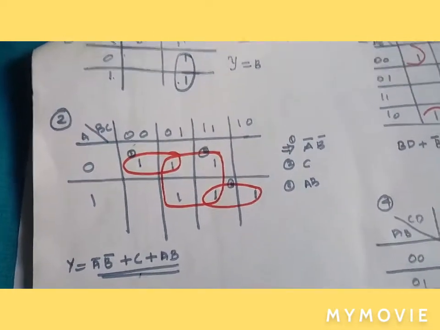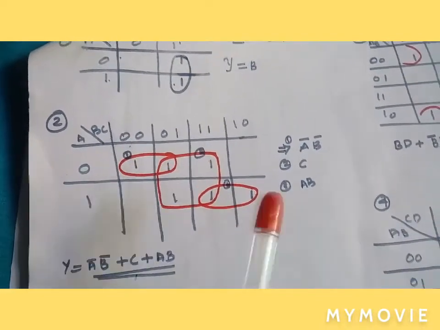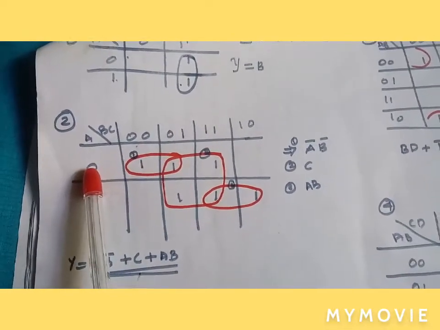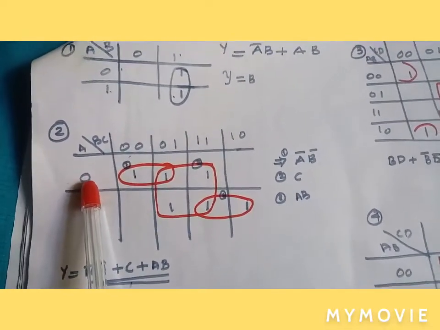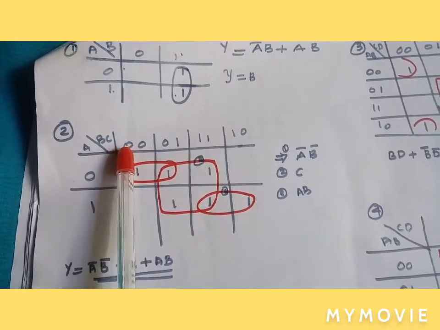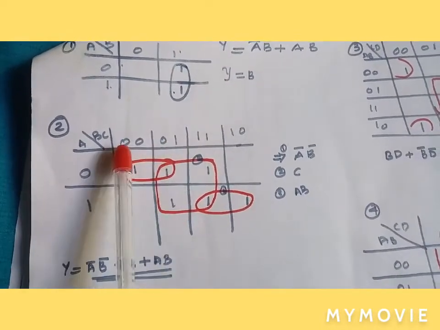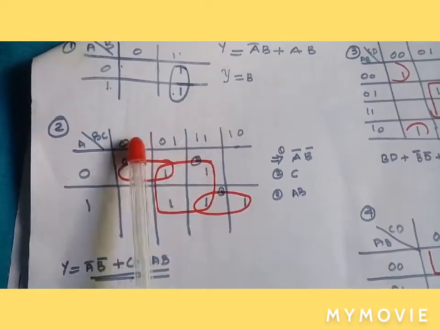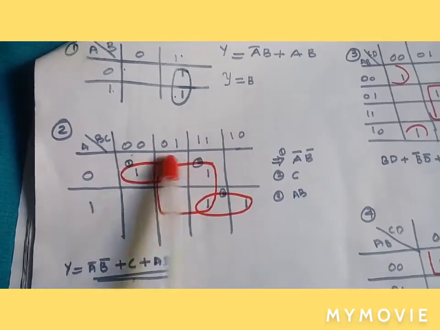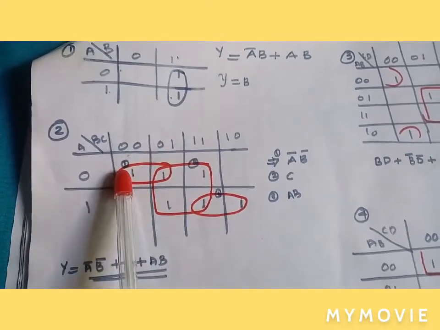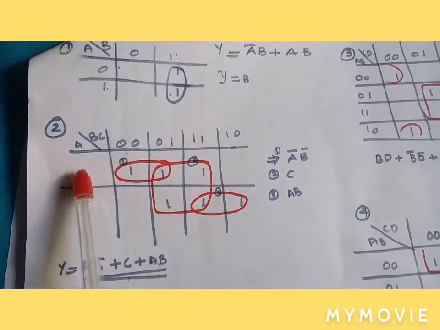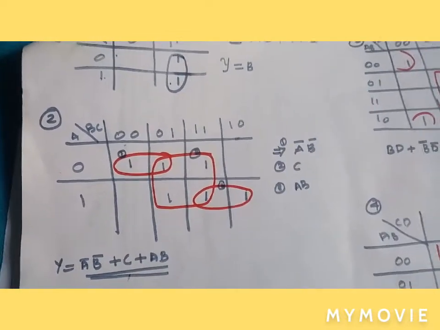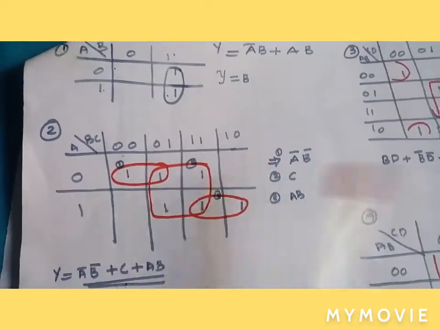So here 1 quad and 2 pairs, in which for this pair A is constant, and B represents the first number of these, C represents the last number of these. So B is also constant, C is the changer. This pair represents AB, that is the number 0 0, which means A bar B bar. So this pair represents A bar B bar.